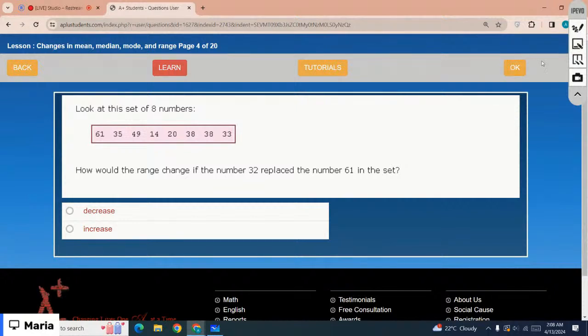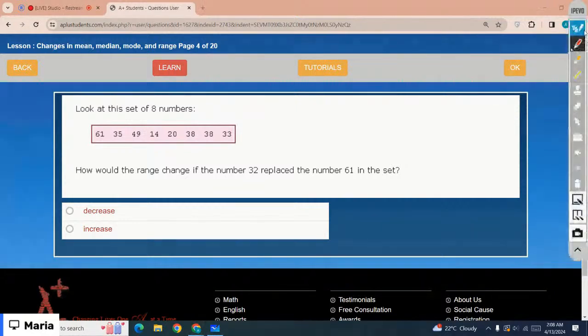Look at the set of 8 numbers. How would the range change if the number 32 replaced the number 61? First, let's calculate the range. The range is the difference between the smallest number and the greatest number, right? The smallest is 14 and the greatest is 61. So 61 minus 14 is 47. 47 is the range of